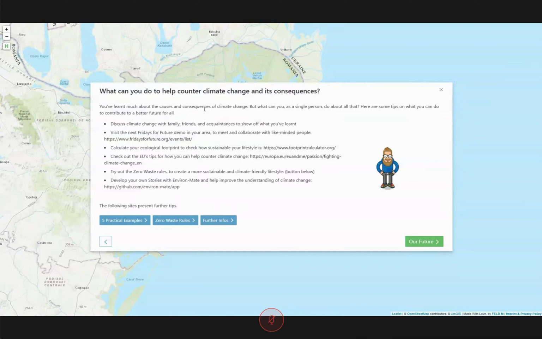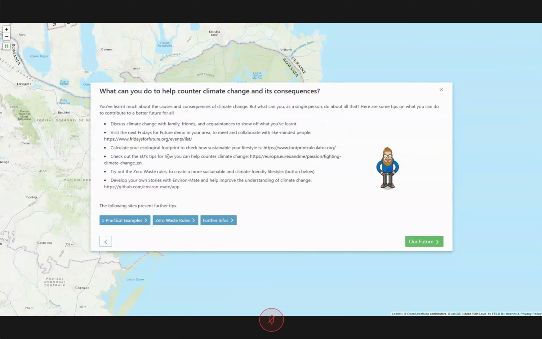One example is, of course, discuss climate change with your family and friends. Go to Fridays for Future demos to meet like-minded people. Check your ecological footprint and how you can reduce it. Live a more sustainable life.